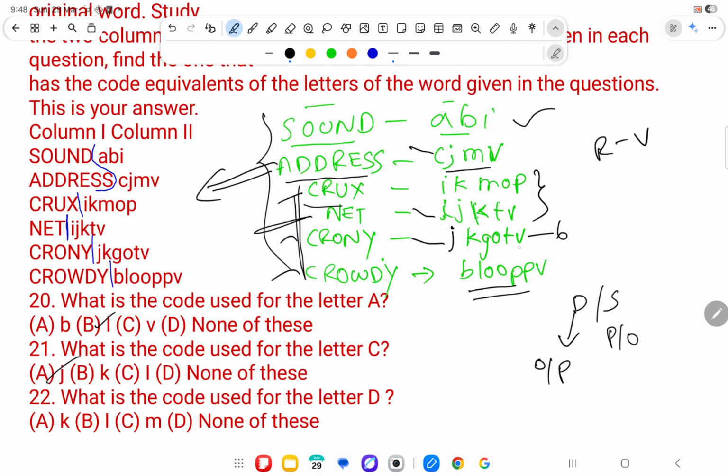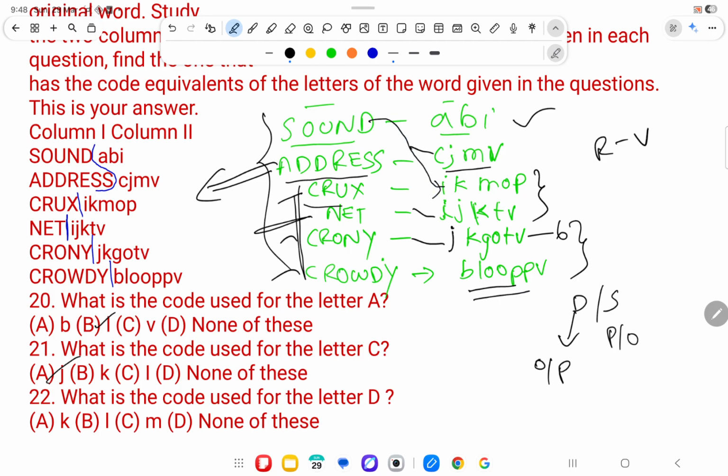Crowdy. In this two, C R, okay, D is not repeated. So what can it be? D we need to find. It can be either O or P. If you check the code side, the third code, IKMOP, O is there, P is there. Means D and S both were there in sound. So sound is for